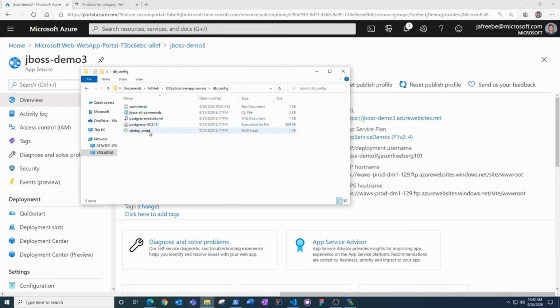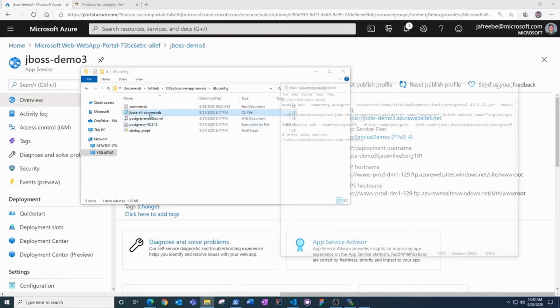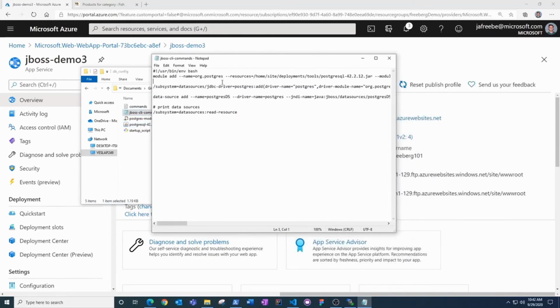So I need to deploy some configuration files onto the server. So the first thing I have is my JDBC driver, and then I have the module descriptor for the JDBC driver, and then I have some CLI commands for the JBoss CLI that will add the module, register the data source, and then finally add the data source to the session.